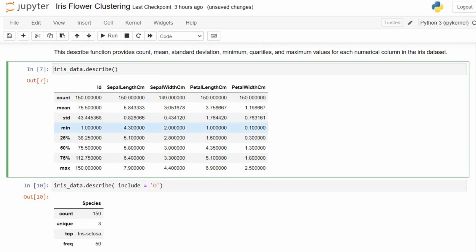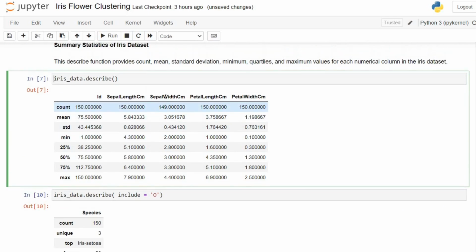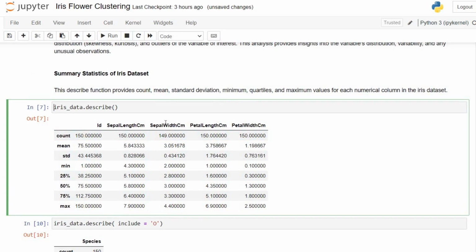Now we saw that there is one missing value in the data set, both here and at the time of using the info function. So we will have to deal with it. That's because it is always good to ensure that your data is complete before proceeding with more serious analysis. Speaking of which,